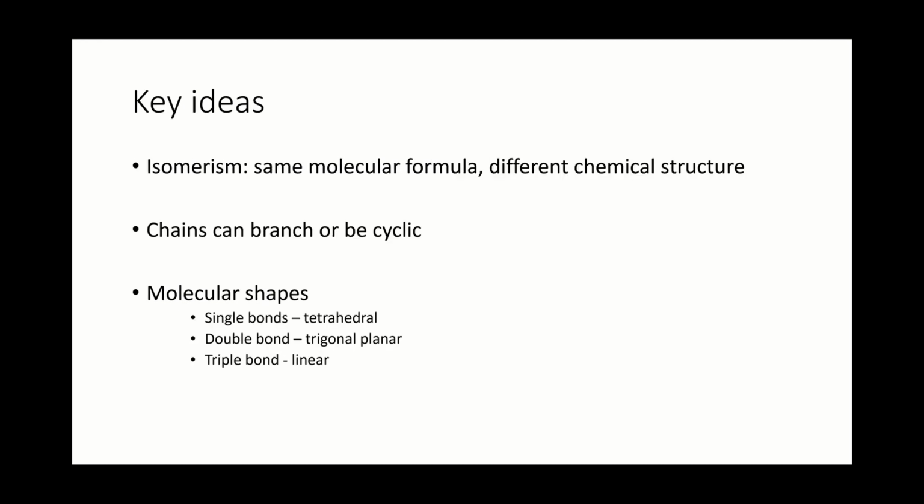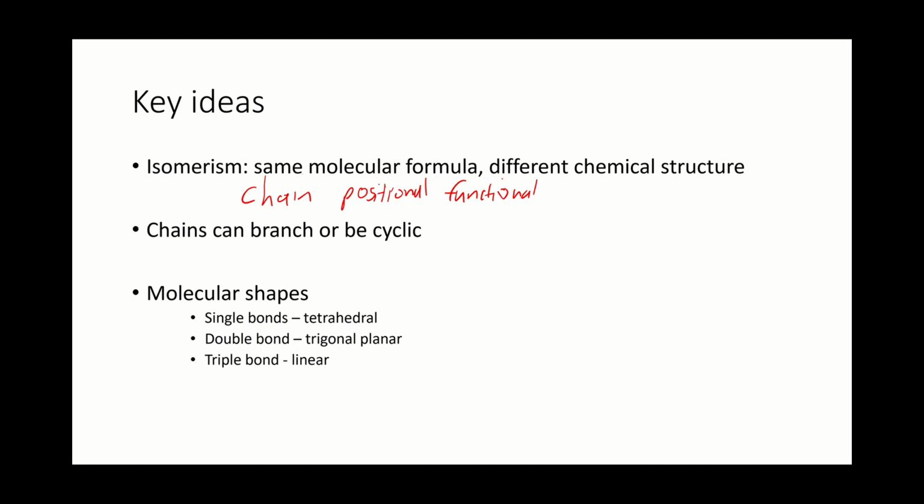So the key ideas for this video are that it is possible for different molecules to have isomeric shapes, which basically means that they have the same molecular formula, but a different chemical structure. There are different types of isomers. Remember, there are chain isomers, positional isomers, and functional isomers. There are actually other types of isomers as well that are too complicated for our syllabus, so we won't be going into them. Another key idea in this video is that chains can be branched or cyclic,